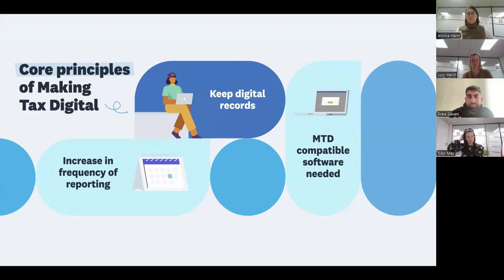So instead of reporting once a year, it's now going to be on a more regular basis, which I'll go through on the next screen. And finally, the need to submit through Making Tax Digital compatible software such as Xero. Okay, so these are the three core principles that the government have highlighted as part of Making Tax Digital.